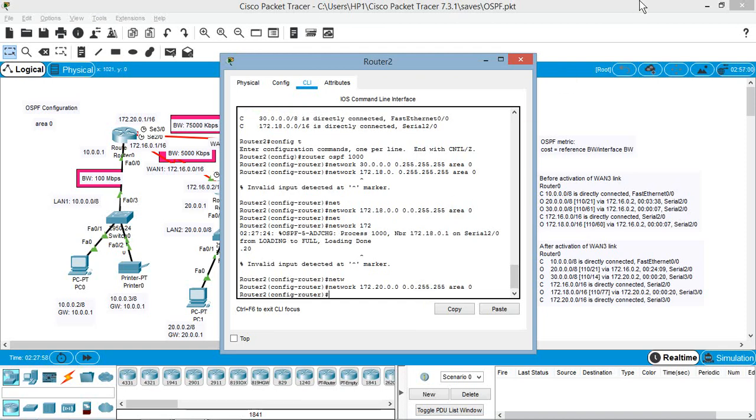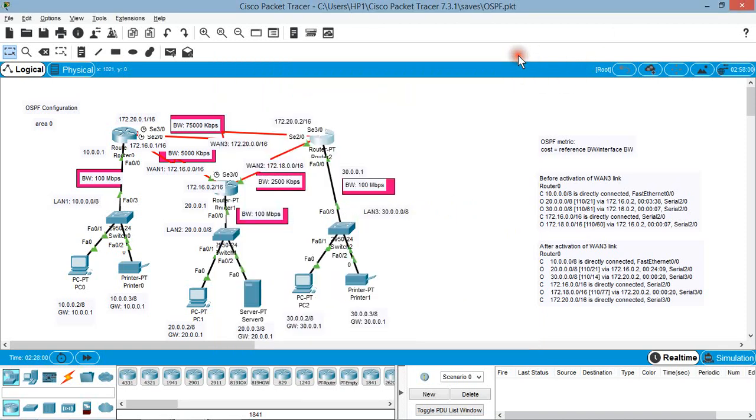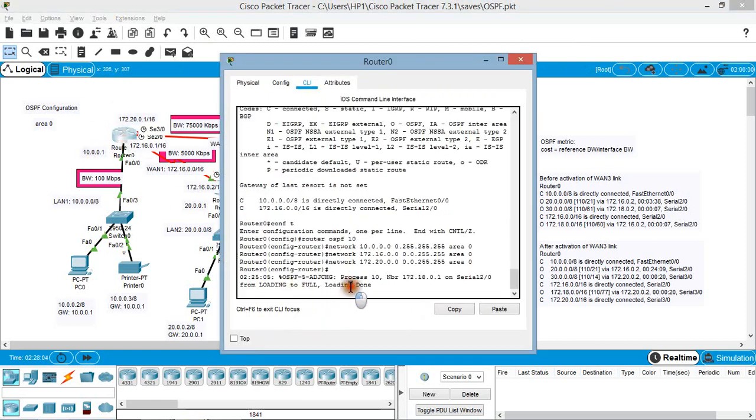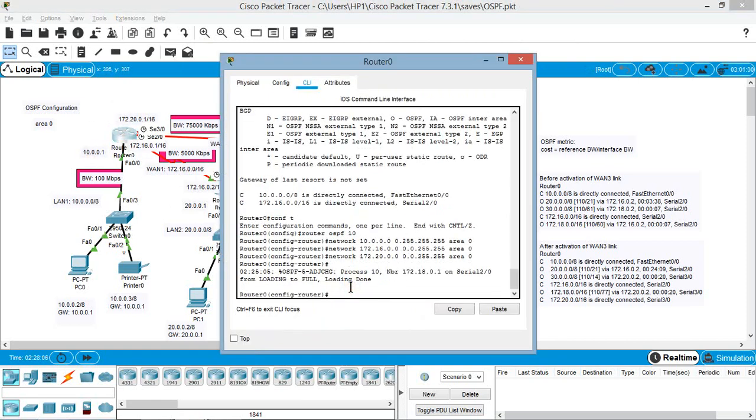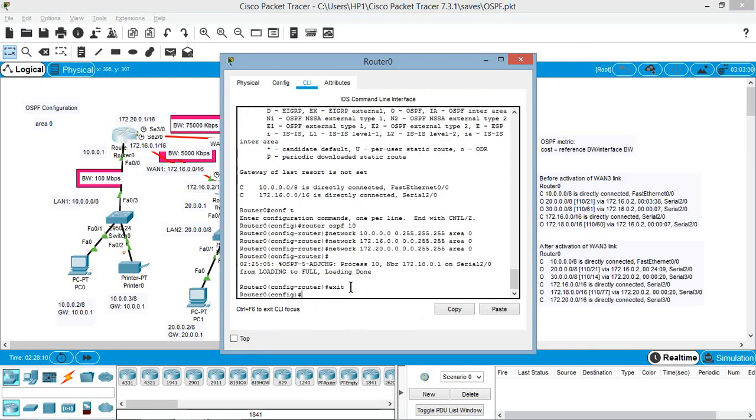Now let us check one by one the OSPF updated routing tables on each of the routers. On router 0, we'll check the routing table now. Do show IP route in the config mode.